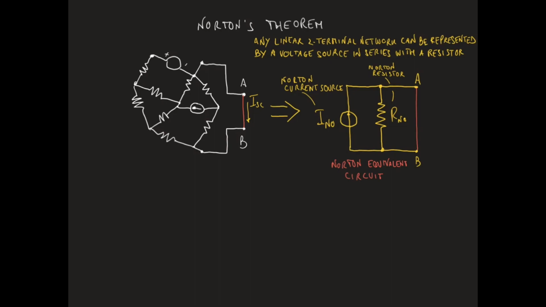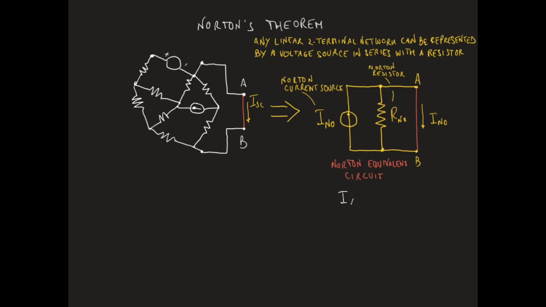In the case of the Norton equivalent circuit, the short circuit current between nodes A and B will be the current generated by the Norton current source. To verify that the short circuit current in the Norton equivalent circuit is exactly the current generated by the Norton current source, we can consider the equivalent circuit as a current divider where the resistor in parallel with R_NO has zero resistance. So by applying the formula for the current divider, we get that the current